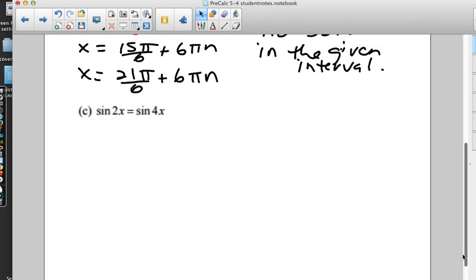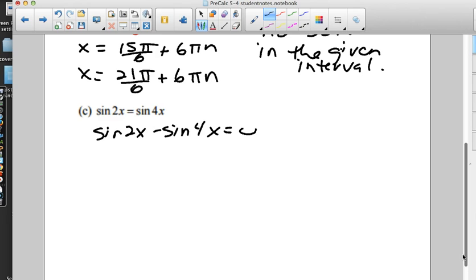Alrighty, let's look at this one. No quadruple angle identities for us. Let's see, sine of 2x minus sine of 4x equals 0. That we know we're going to have to do. We absolutely know we're going to have to do that. Well, we know stuff about sine of 2x. So if we could change this